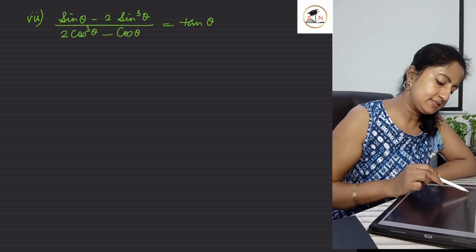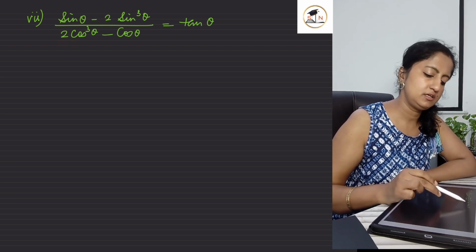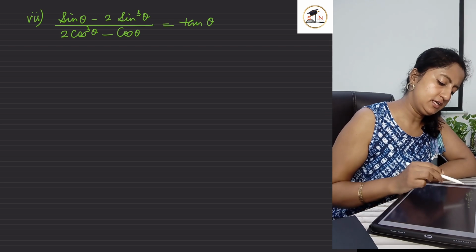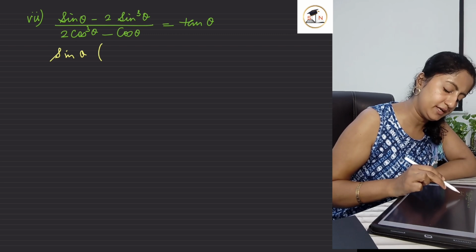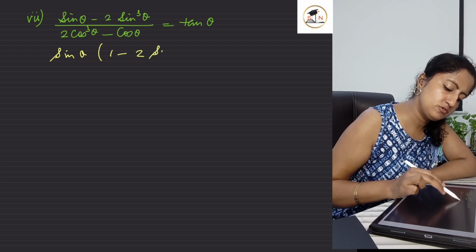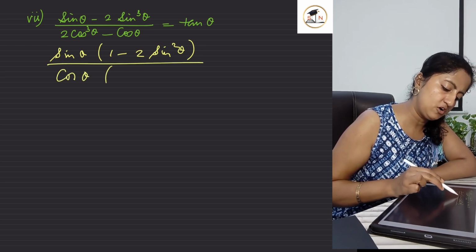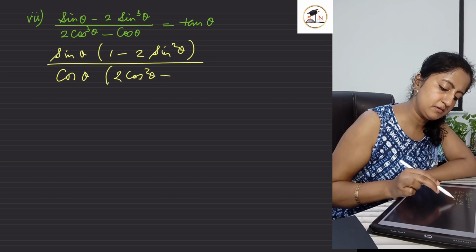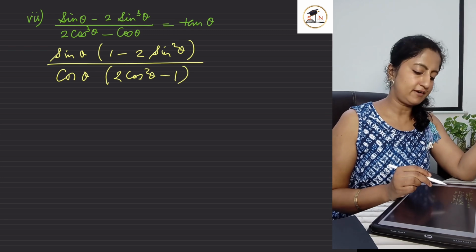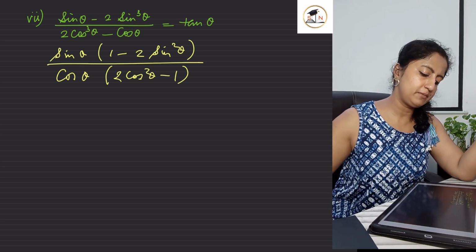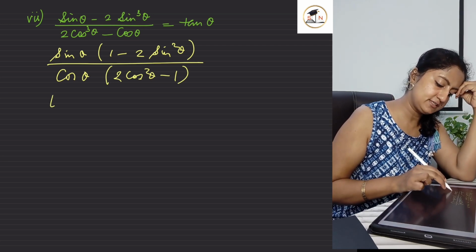The question says (sine theta minus 2 sine cube theta) over (2 cos cube theta minus cos theta) equals tan theta, right? So what we are going to do, I'm going to take out sine theta common from the numerator, leaving 1 minus 2 sine square theta, over cos theta common, 2 cos square theta minus 1. Sine theta was available in the numerator as a common factor, and similarly cos theta was also available as a common factor in the denominator. Now sine by cos gives us tan,